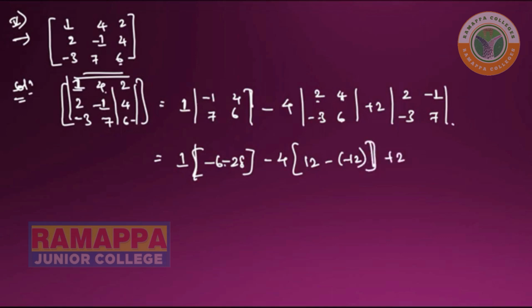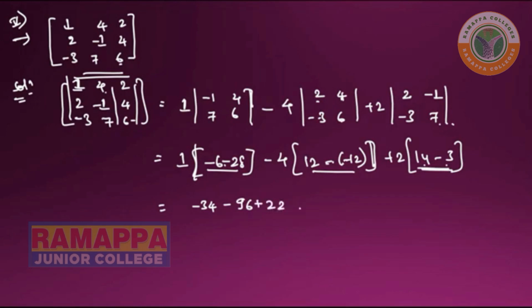So this is over, plus 2 into, 2 7 is 14 minus 3 3 is 3, 1 is 3. So this will become minus 34 will come now. So here minus 34, and this is minus into minus plus 24, 4 24 is 96, minus 96 will come, and again this will come as 1 1 2 is 22, plus 22. So here the total will become, this minus this is equal to 12, meaning 108, minus 108 will come here. So this is the det of the given question.